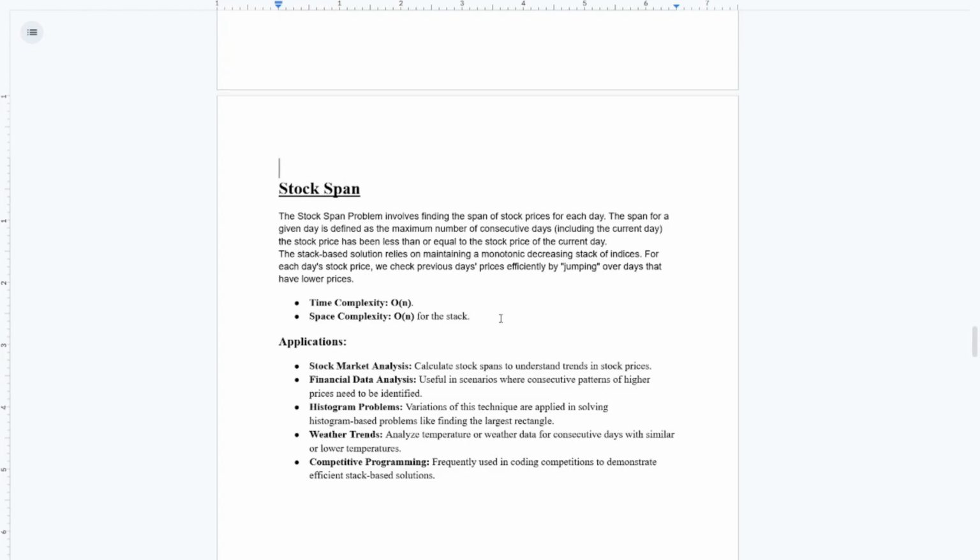Okay, so इसका नाम है stock span problem and its application lies in stock market analysis. Okay, so इसमें क्या होगा? What will happen in this? You will be given an array of some data. Okay, and you have to find another array, the output span array, that will have the count of how many days consecutively before the current day those data were less than or equal to the current day. Okay,